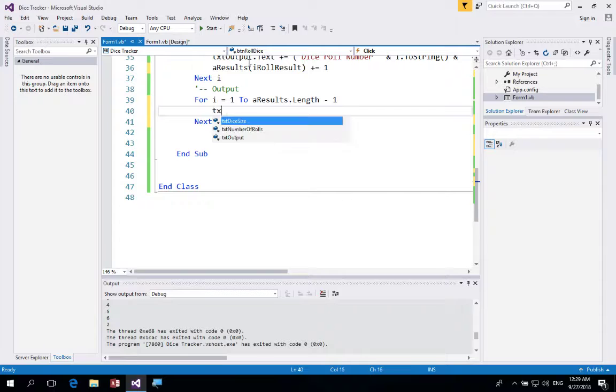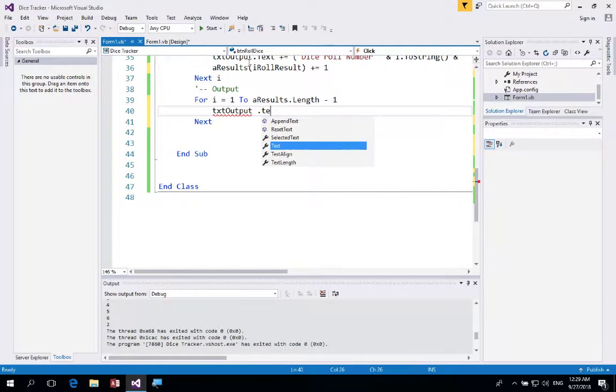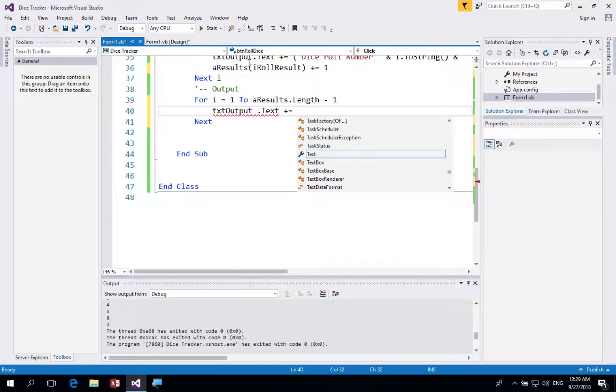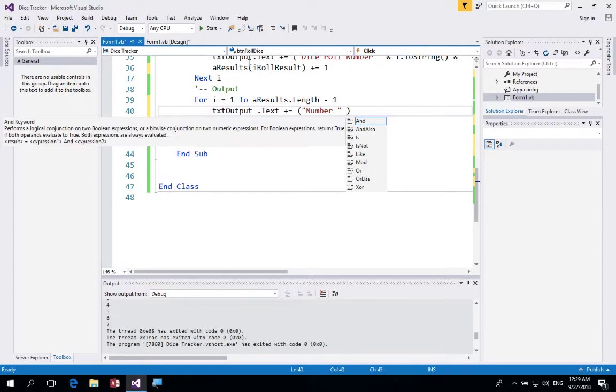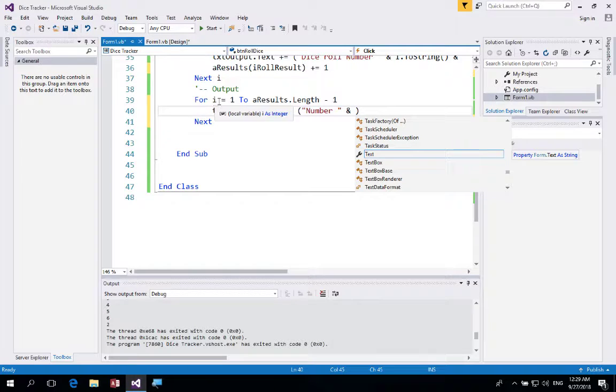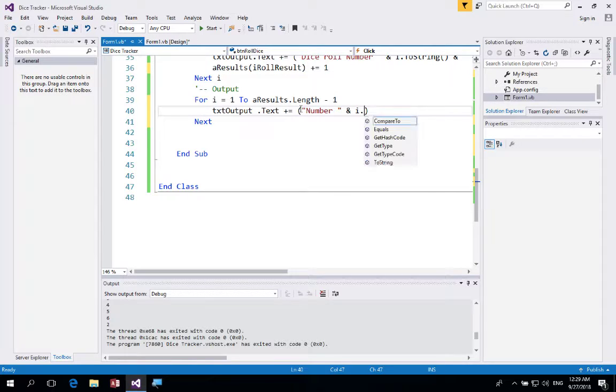Well, I want a txt output, and I want the text part of it, and I'm going to plus equals, and then I'm going to write a concatenated string. So once again, I'm going to use the number, and then I'm just going to display what the number is. So if it's the number 1, but it's going to start at I at 1, so the first position of the array and the number of 1s that appear. So I'm going to use I dot toString